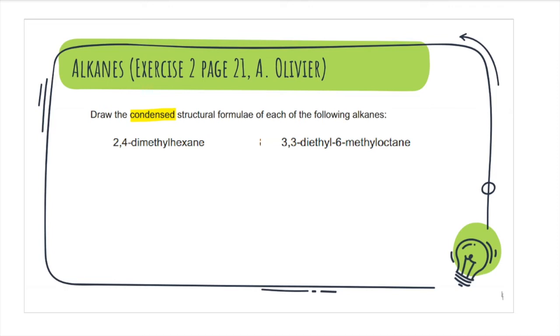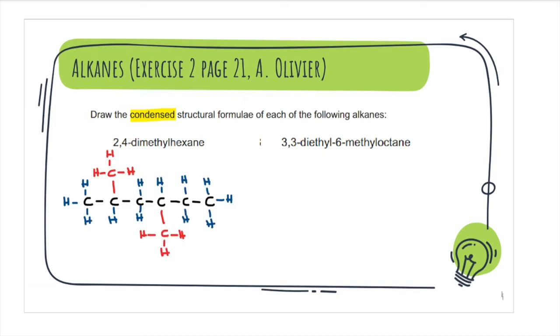We are not often required in tests and exams to draw condensed structural formulae, but if you're able to draw them, then it means that you're able to understand them. And therefore, if ever you are given a condensed structural formula, you will be able to name the compound. It is always easiest to start off by drawing the actual structural formula of the compound before trying to condense it. So I'm going to start off by doing that for